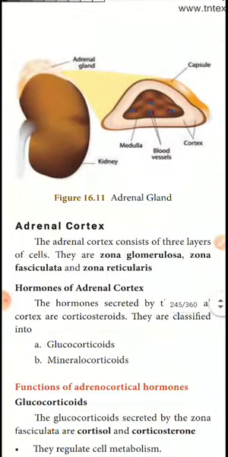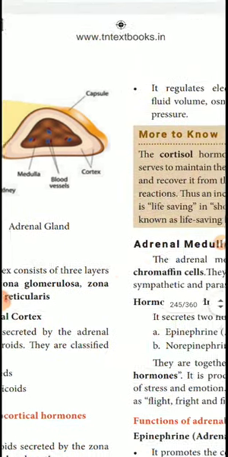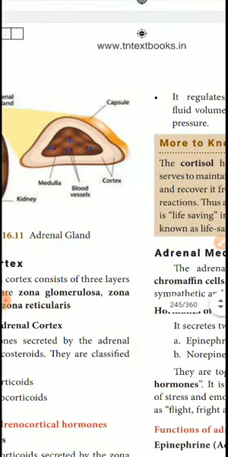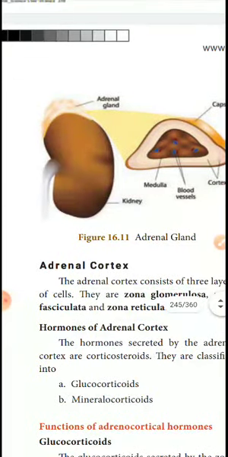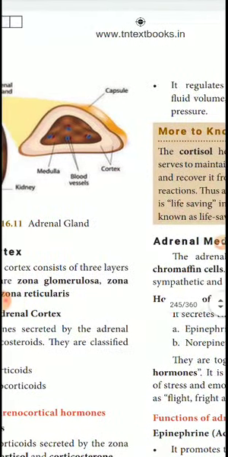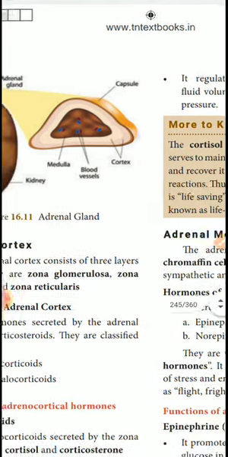See, this is the adrenal gland, near the kidney. It is present above it. This shows the adrenal gland separately. It is joined to the kidney, but it is a separate adrenal gland. We take it out. We will mark it because they will ask it in 2 marks. The parts are medulla, blood vessel, cortex and capsule.